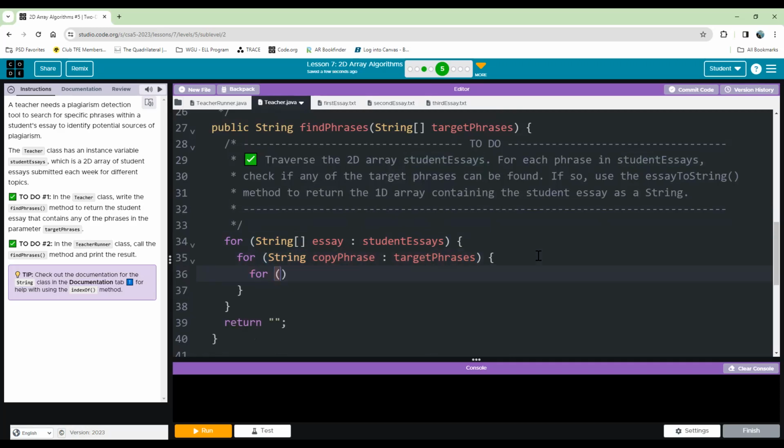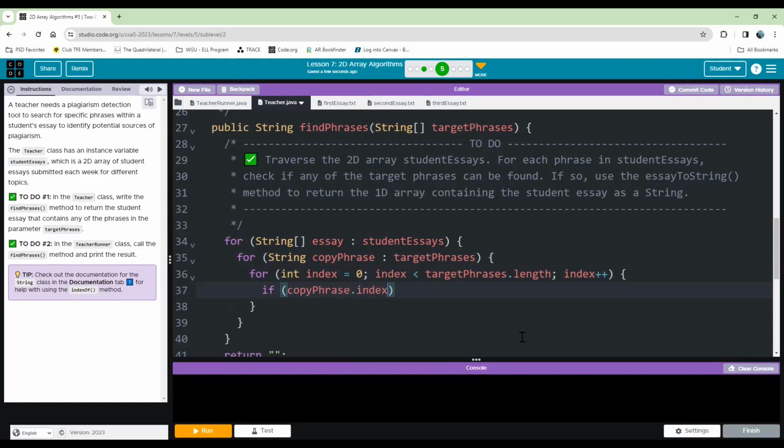And then I'm going to run that same loop because I want to go through each index one by one, or each element. And I want to know, as long as this thing runs, can you count me the number of times we get to see those target phrases? So here's the fun part. We have 1, 2, 3 nested for loops, which is crazy, right? Now we're going to do the if statement. You're going to use this statement a lot. In this case, if that copy phrase, that new variable I just made,